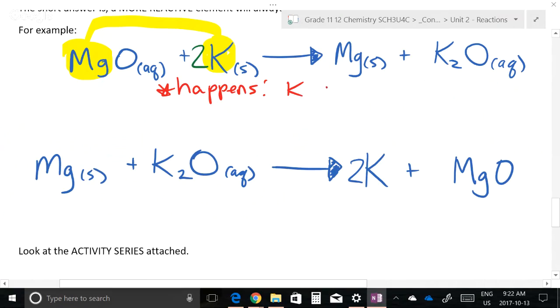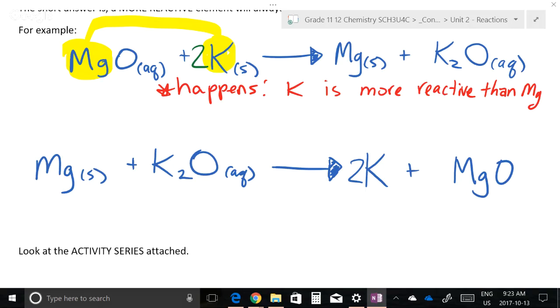Happens. Potassium is more reactive than magnesium. Potassium is Channing Tatum to magnesium's, let's say,